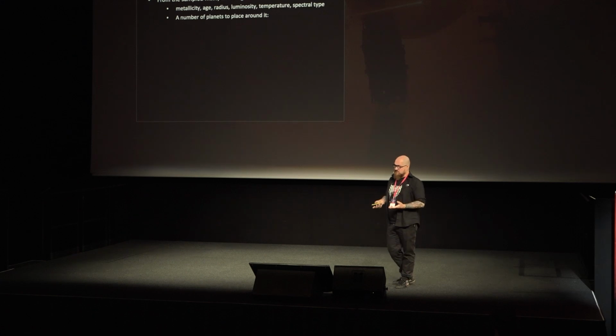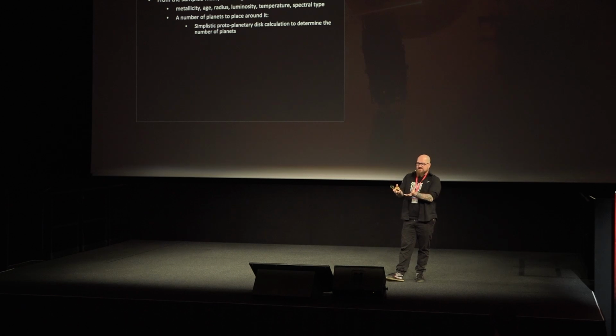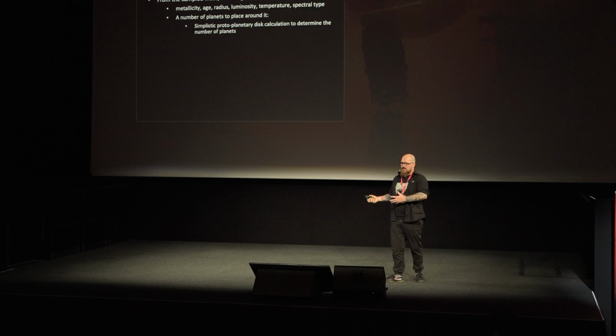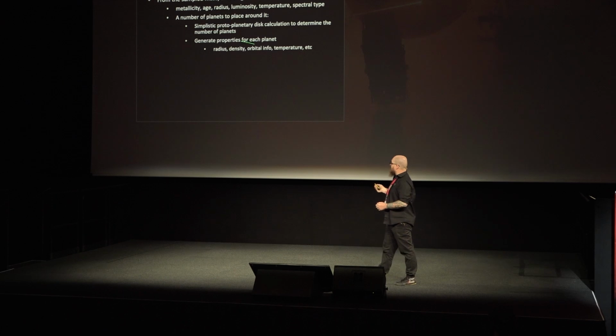We just did a simplified version of it, where we didn't simulate it, but we thought that there is an initial protoplanetary disk that has a certain amount of mass, and instead of simulating and letting it clump together, I figured, okay, I'll take a shovel and have a bucket full of the remnant mass of the protoplanetary disk, and I'll scoop a planet out of it and place it somewhere. Then I'll do that again, and again, until the bucket is empty, and now I have my planets. It takes a very short time compared to actually simulating the whole formation of planets.